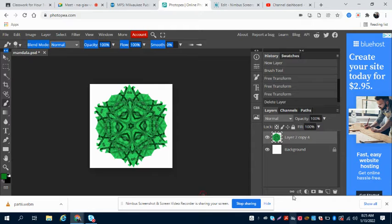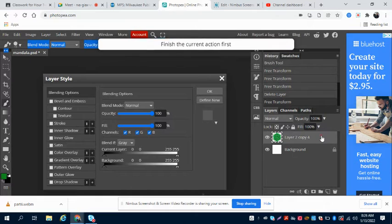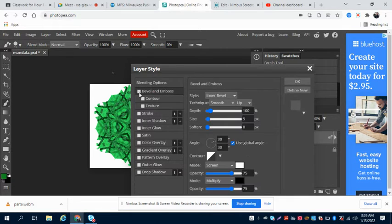The next step I'd like you to do is to right mouse click. I'm on a computer, so I can use the right mouse button, but if you don't have that, you can use two fingers, right here on layer 2, copy 4. And you should get layer style. Actually, let's double click instead. There we go. If you double click on there, you should get layer style up here. And you're going to move it aside so you can watch what happens and so that you know you're doing it right. So you go to bevel emboss, you put the check mark in there,